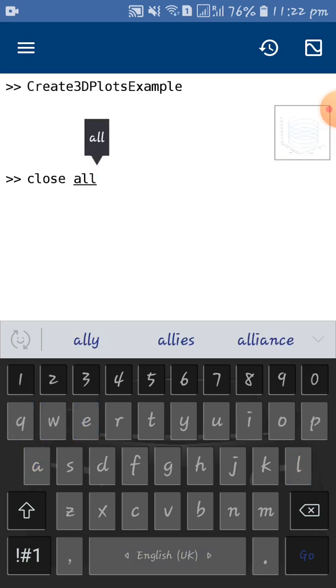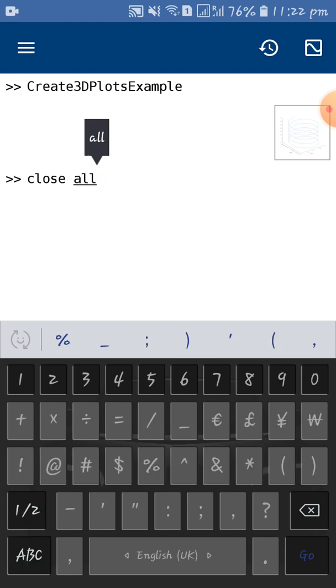So whenever you are trying to run a MATLAB code, it is always a good practice to put a semicolon at the end of the code. The semicolon is used to run the code and save the output. But when you are not giving a semicolon, the code will be executed in the command window. Sometimes when you are not using a semicolon at the end of the code, that might cause some error in your MATLAB script. So it is always a good practice to put a semicolon at the end of your code.